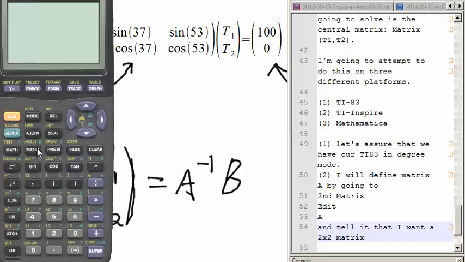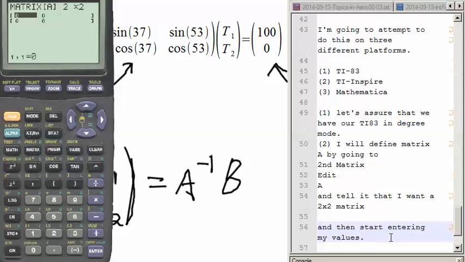Second, I will define my matrix by going to second matrix. Where's the button? Oh, I won't use second. I'll just hit the matrix button, go over to edit and choose A. Tell it that I want this to be a 2 by 2 matrix, and then start entering my values, which